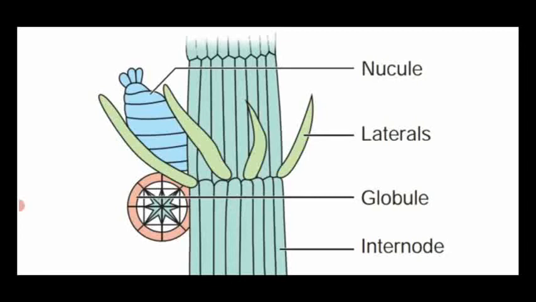Outer light orange color, which is 8 cells known as shield cells. The antheridium is macroscopic, which contains spermatogenous filaments, that look like a star shape. That is said to be spermatogenous filaments, which produce anthrozoids. At the top of the globule or male sex organ, the nucleus or female sex organ is located.